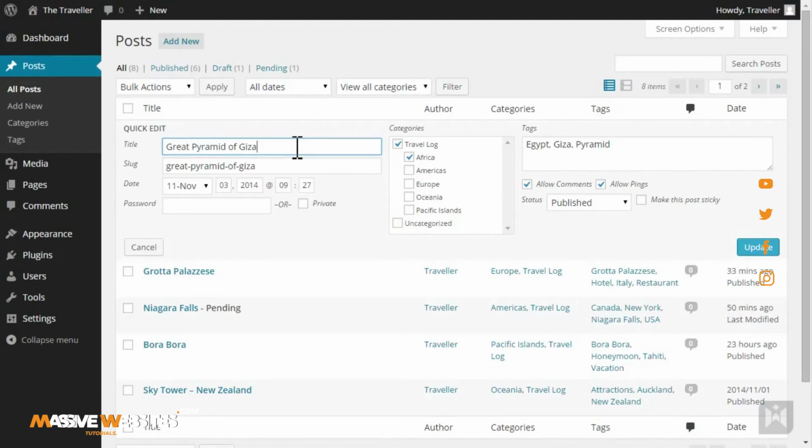You can edit the title, the slug, and edit the publish date of the post. You can also add a password to the post or make the post private. You can change categories and add or remove tags, enable or disable comments and pingbacks, as well as change the status of the post. Checking the sticky post option will enable this post to ignore the chronological display of your